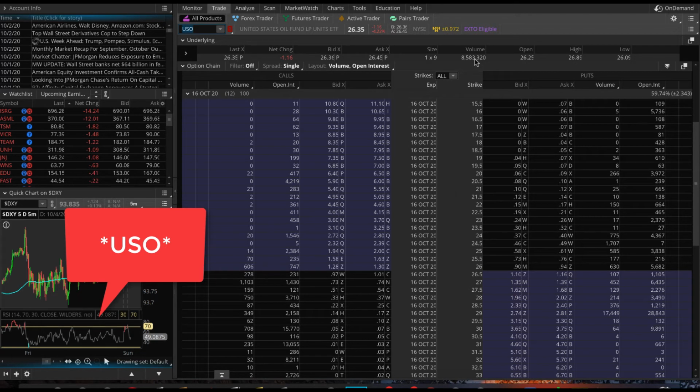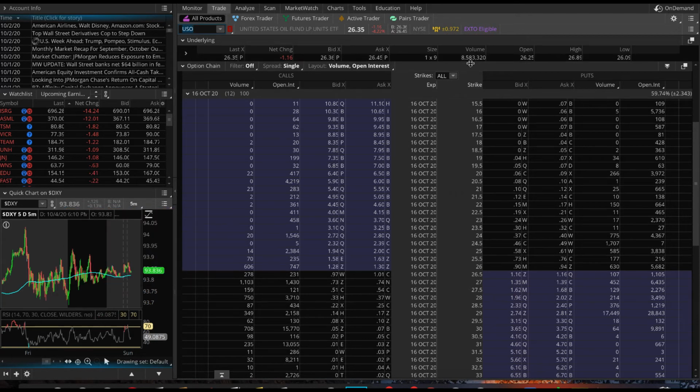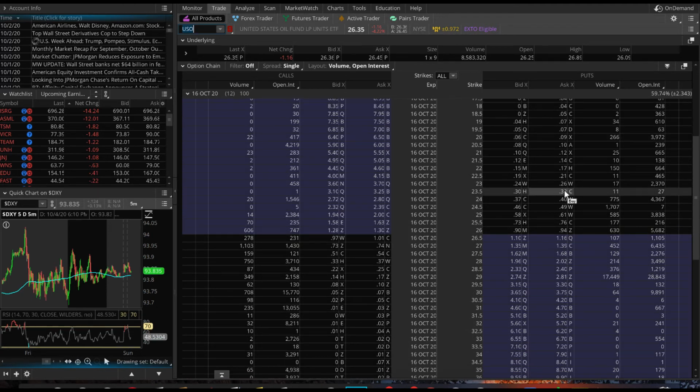The volume is a little bit lower. I checked UCO. It's got 9.9 million volume. But the thing about USO is that it's actually got much more liquid contracts, a lot more volume, open interest. So these are going to be a lot better, especially if you're a little finicky and you don't necessarily trust the process all the way and you just feel the need to get out. This is going to be a lot better for you. But ultimately, the trade will go our way, just like we pointed out last week.